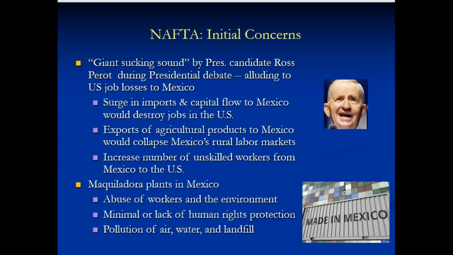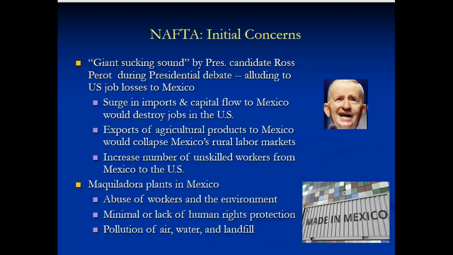So there were initial concerns about NAFTA, and it was really brought to light during the presidential debate when George H.W. Bush was running against Clinton, and there was a third-party candidate, Ross Perot, who actually polled exceptionally well in the election, and probably because he ran, he pulled votes away from H.W. Bush, and that's why we had Clinton as president. He won, I think, largely because Perot ran.